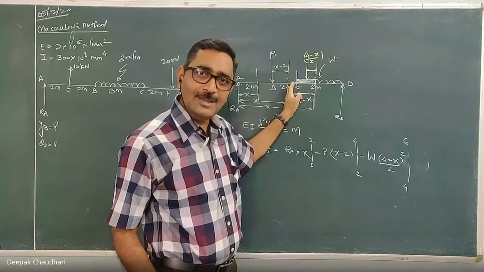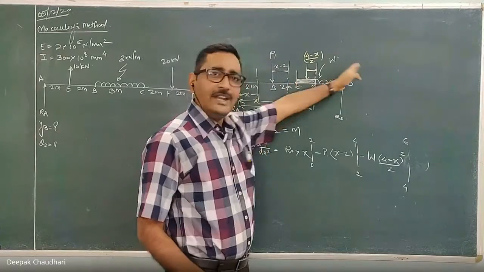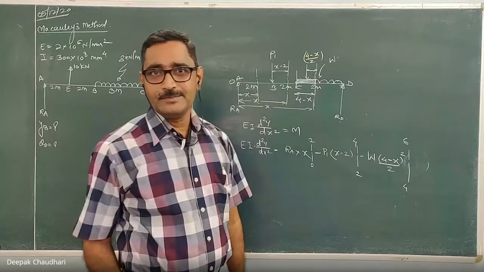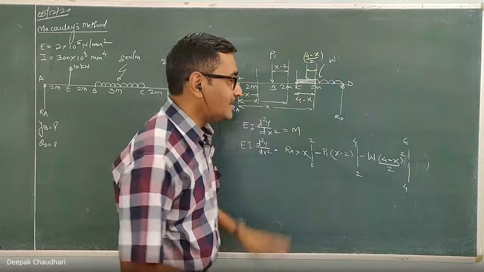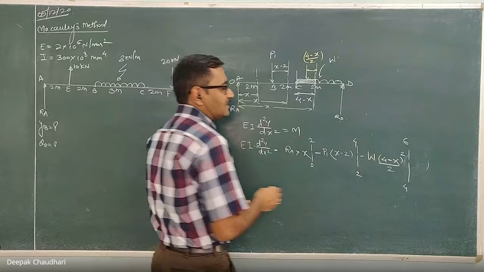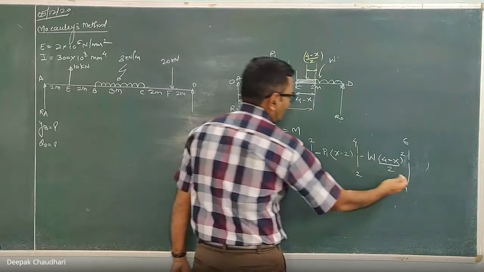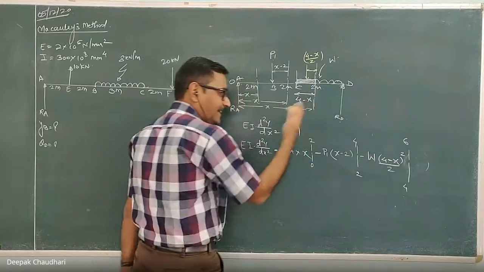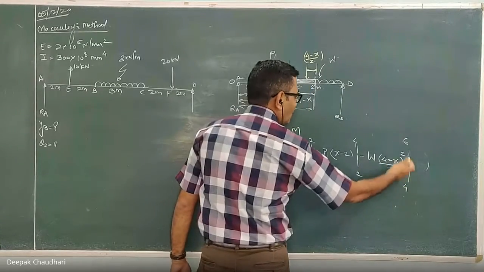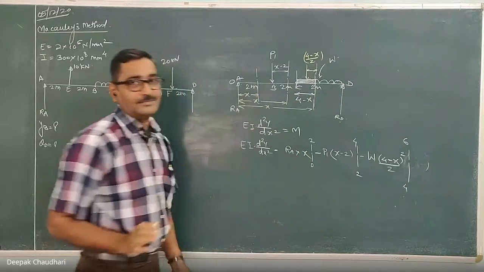Let it start from any point, but it's spread up to the end of the beam. Yeah, and that's why this equation is valid up to the end of the beam. If you want to calculate the bending moment here at any point after 4 meter, you have to use this entire equation. This entire equation is valid here from 4 to 6, meaning up to the end of the beam.